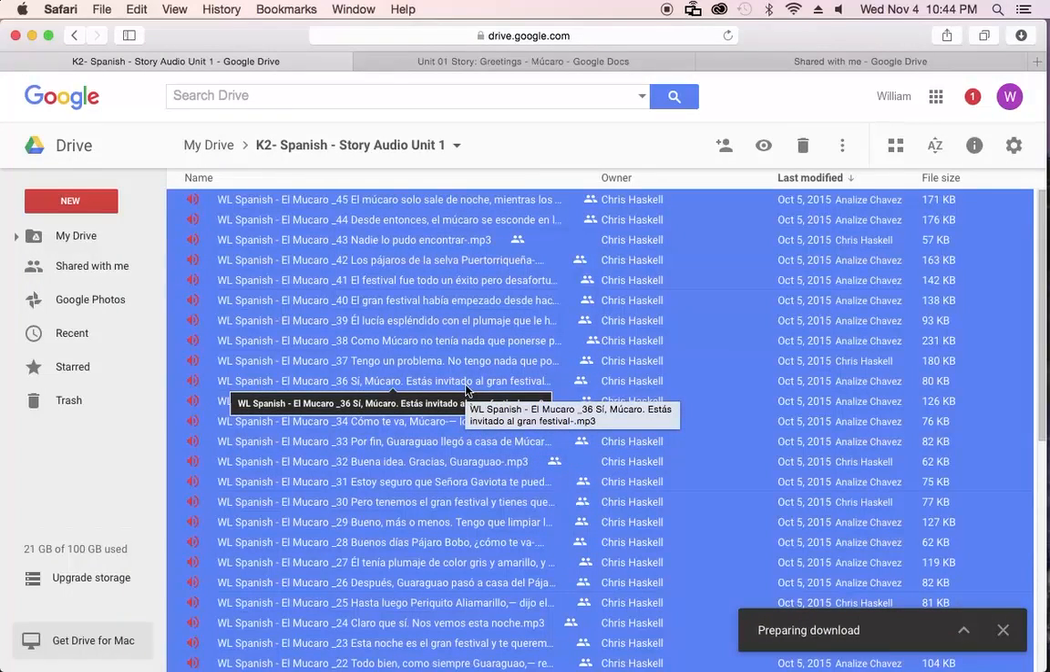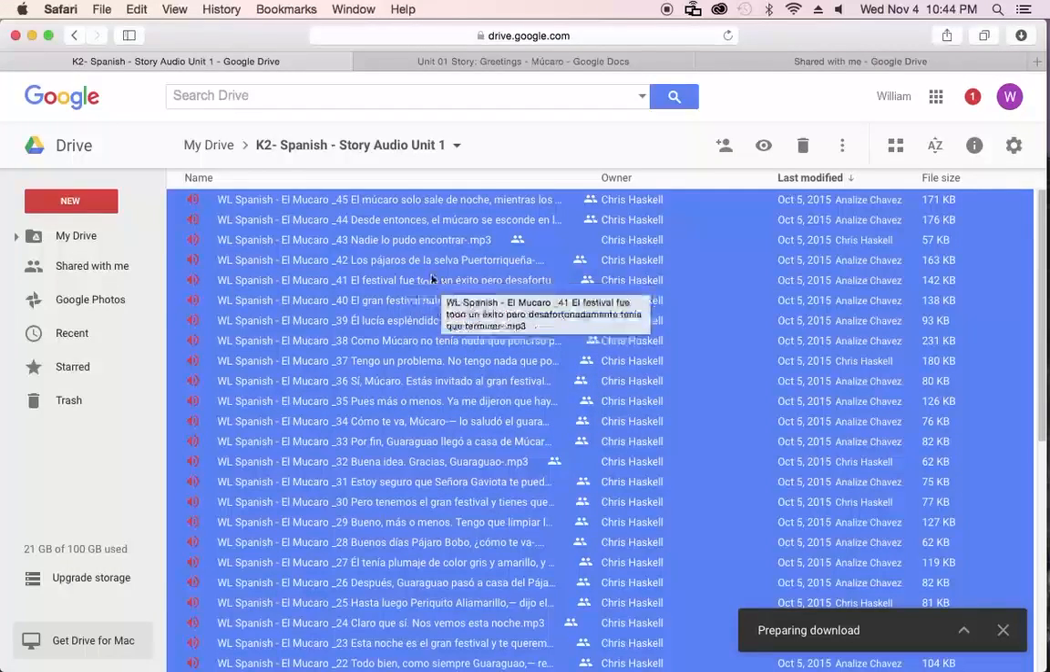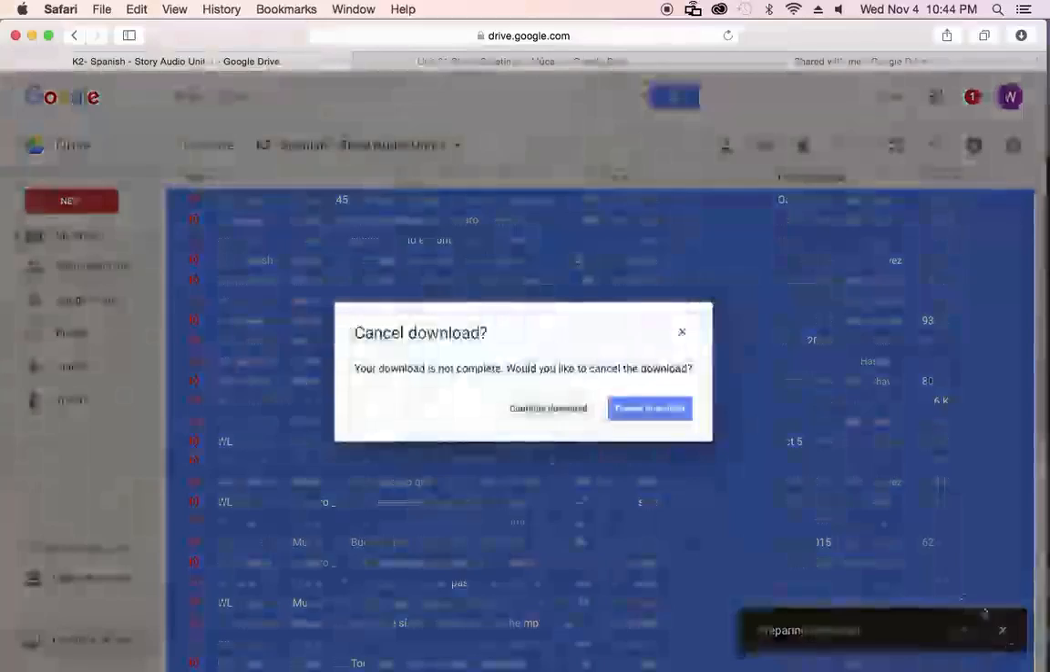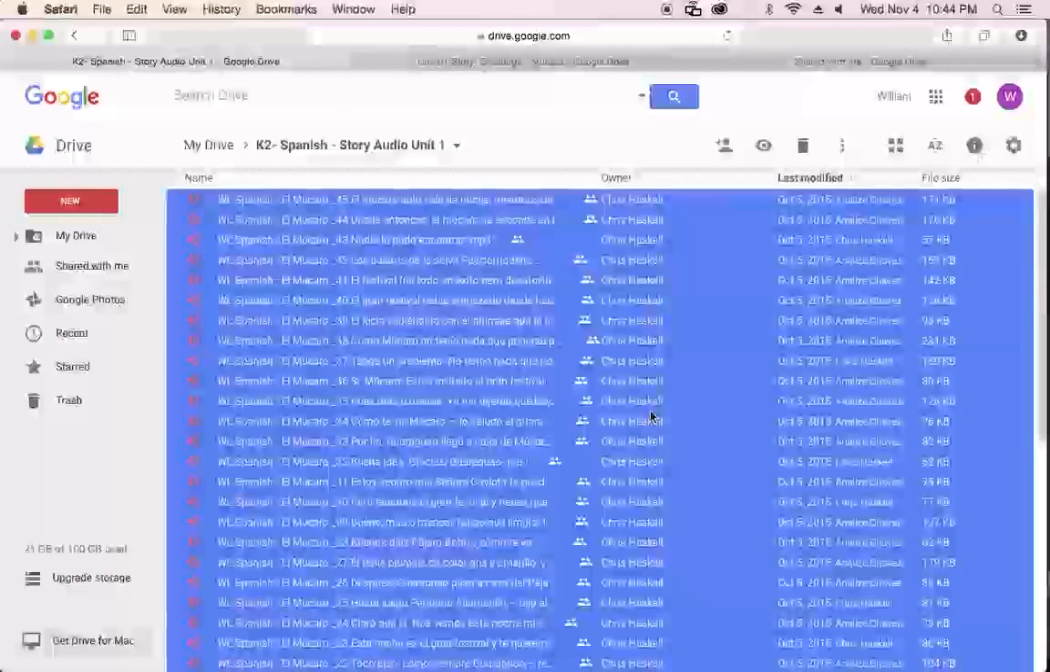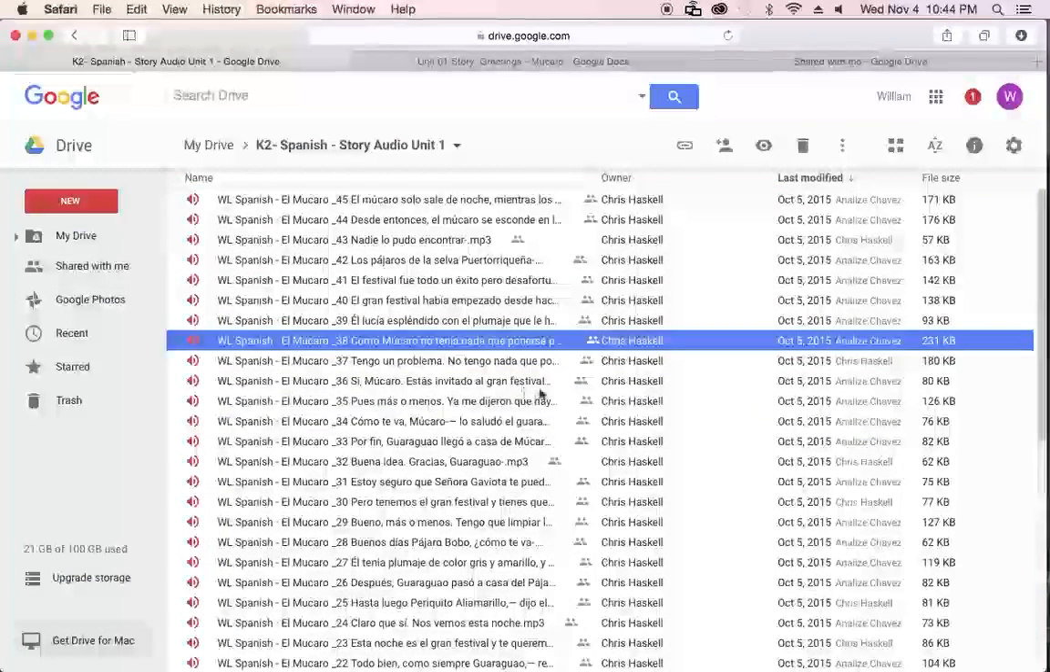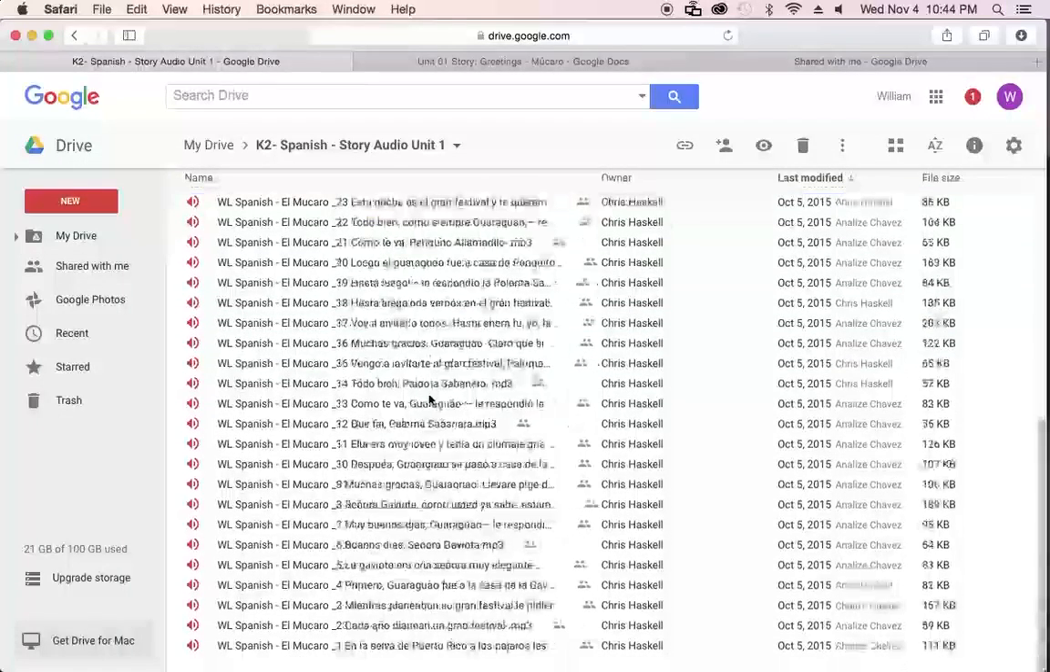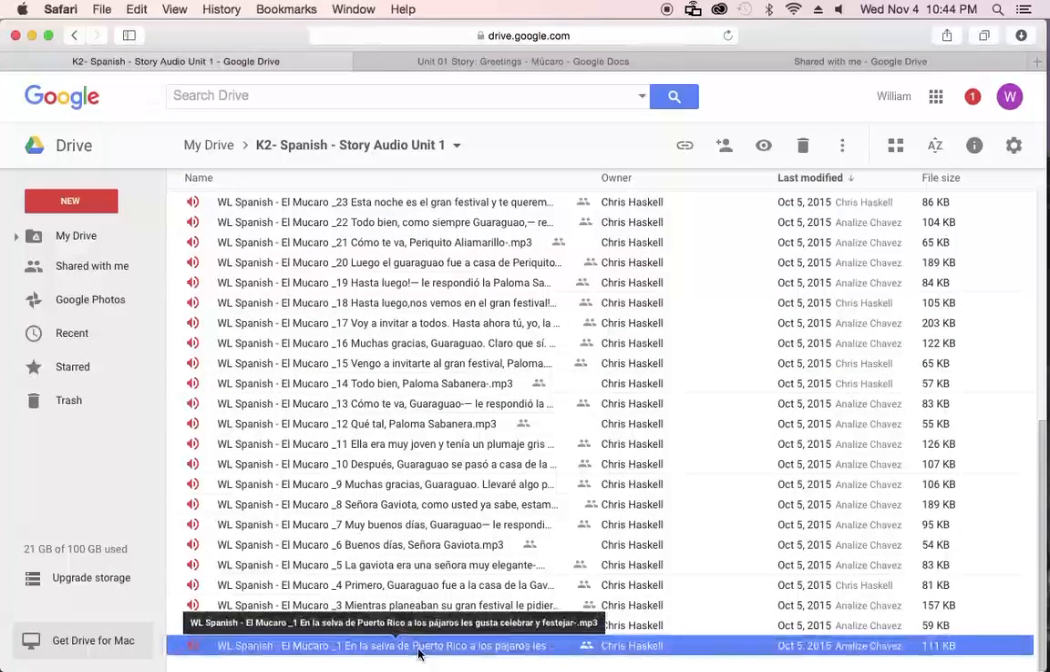Now, what Google Drive does by default, it will put everything in a zipped file. So you'll just have to unzip it. Okay, now I'm going to cancel download because it's going to take a while. Just for example purposes, I'm going to download